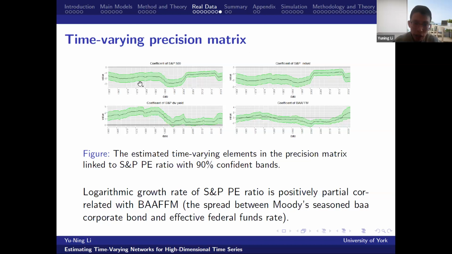Again, we can see some time-varying patterns for these entries of the precision matrix. So we believe that in this data set, using a time-varying VAR model is much better than using a static VAR model.